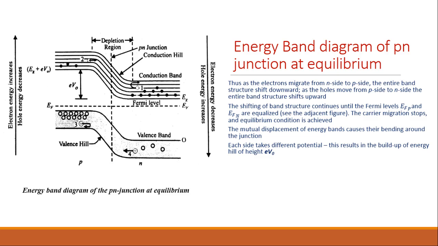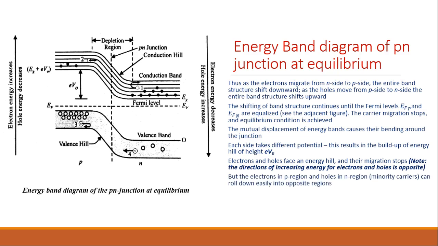The diffusion current which had flown earlier gets compensated because of the drift current which is now flowing. The two current components, due to such migration of electrons and holes, are in opposite direction and balance each other. The two current components cancel each other, and the net current flow across the junction is therefore 0, and we say that the p-n junction diode has come to the equilibrium.